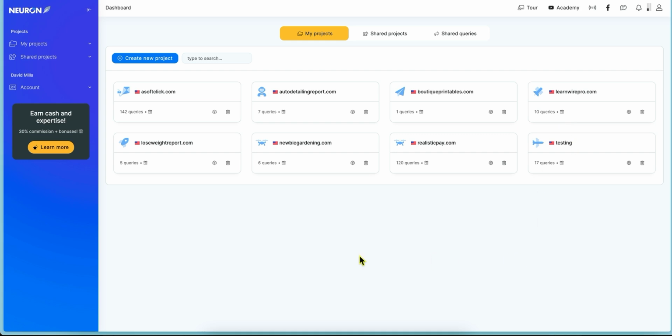You can see LearnWire, I've used it 10 times on. You can see all these domains that I've used this on. We had another one, Realistic Pay, 120 queries right here. I used this until that AI site got penalized, but you can definitely see that we've used this. And essentially, let's just go into the testing real quick, where I've just tested keywords out, showing you how to